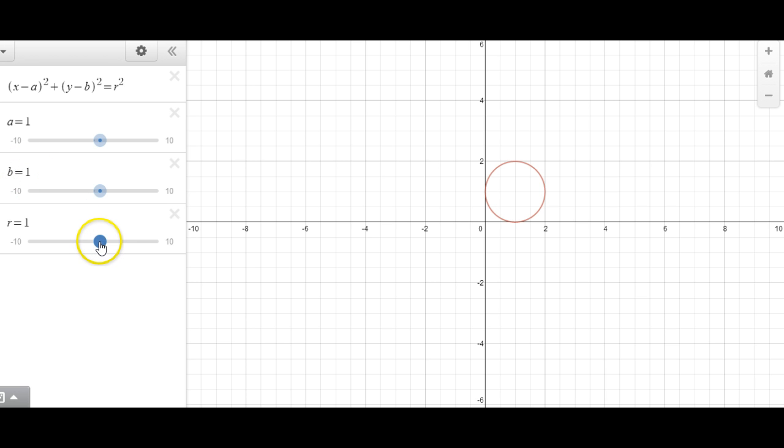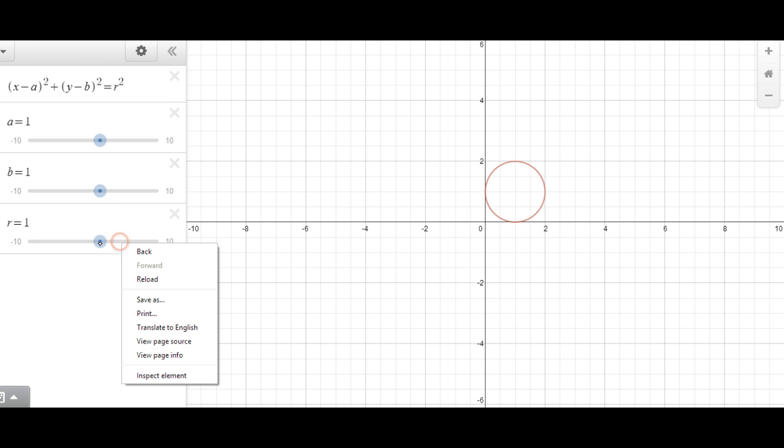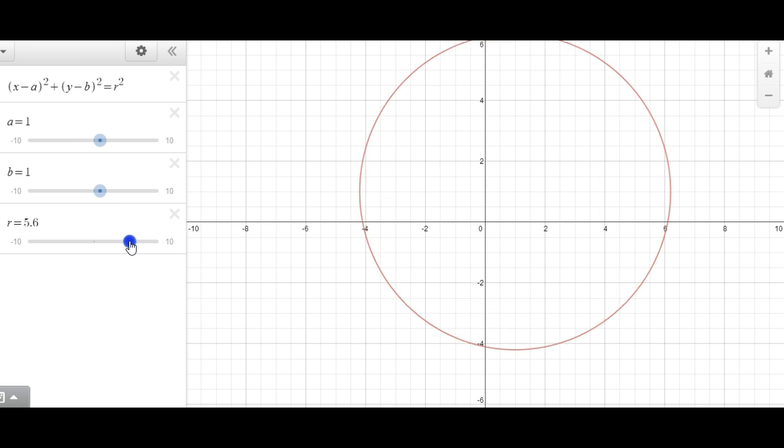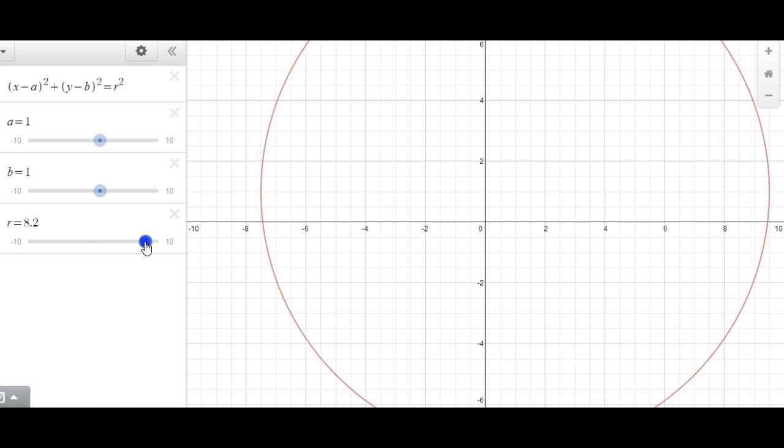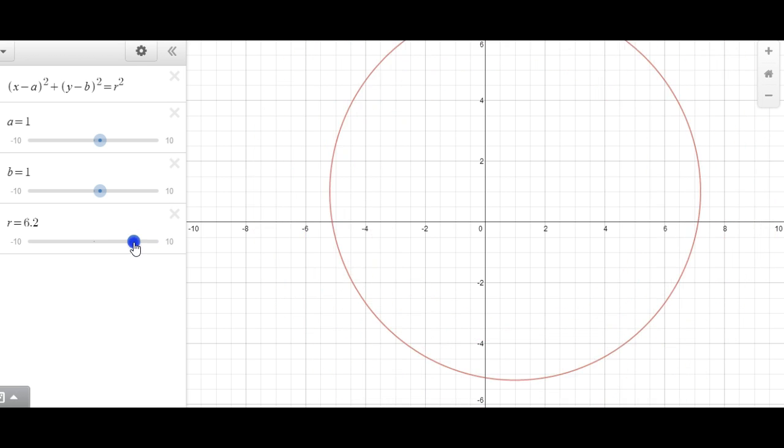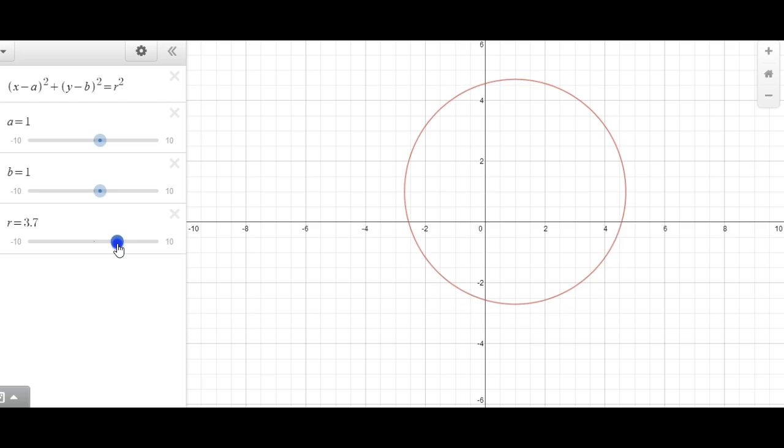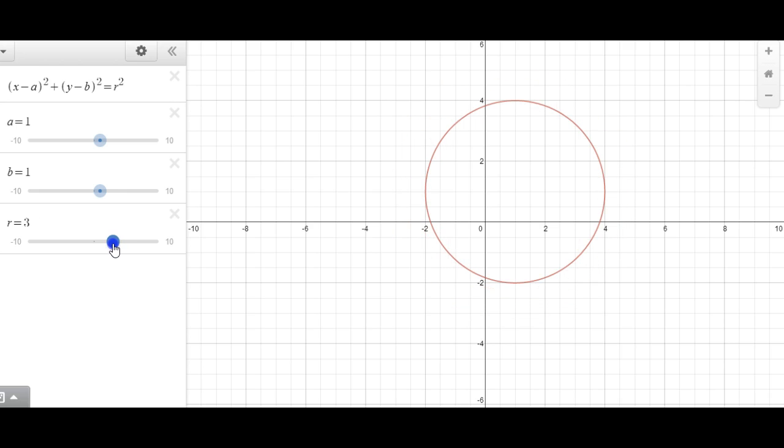Again, try and have a little think about what you think R might do. There's a bit of a hint in the fact it's called R, and if I try to increase R, then the circle gets bigger and bigger, and you can see that it's adjusting the radius or the diameter of the circle. So if R is 3, you can see that from the centre there at 1, 1 to the top there at 4,